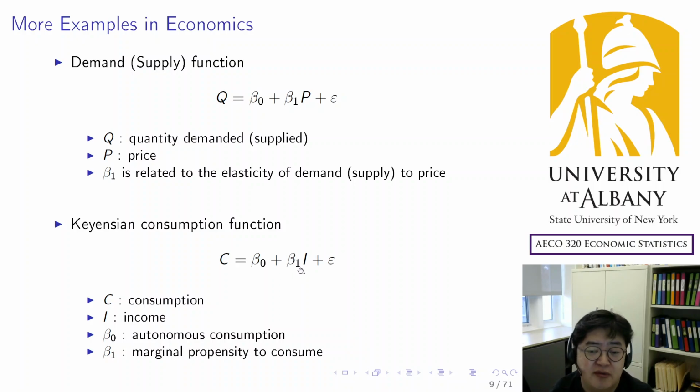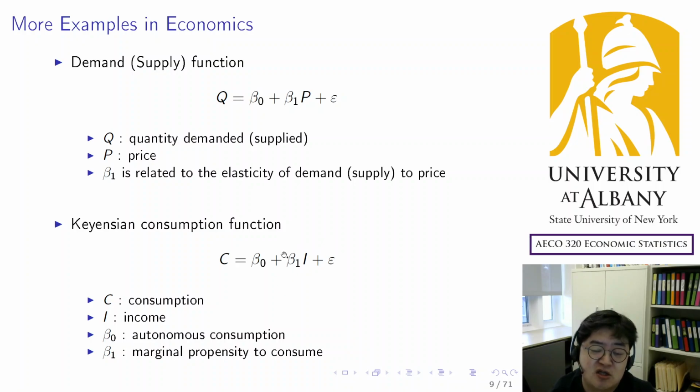But less than 1. So even if you earn like $100, you do not spend them all. You save some of them and consume the remainder, right? So the propensity is less than 1. And then estimation of beta 1 is really important because, as you must have learned from macroeconomics,